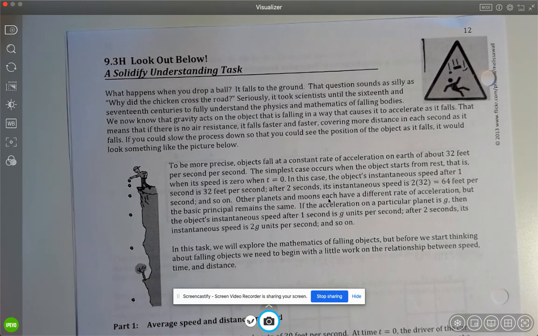That question sounds as silly as why did the chicken cross the road? Seriously, it took scientists until the 16th and 17th centuries to fully understand the physics and mathematics of falling bodies. We now know that gravity acts on the object that is falling in a way that causes it to accelerate as it falls. That means that if there is no air resistance, it falls faster and faster, covering more distance each second